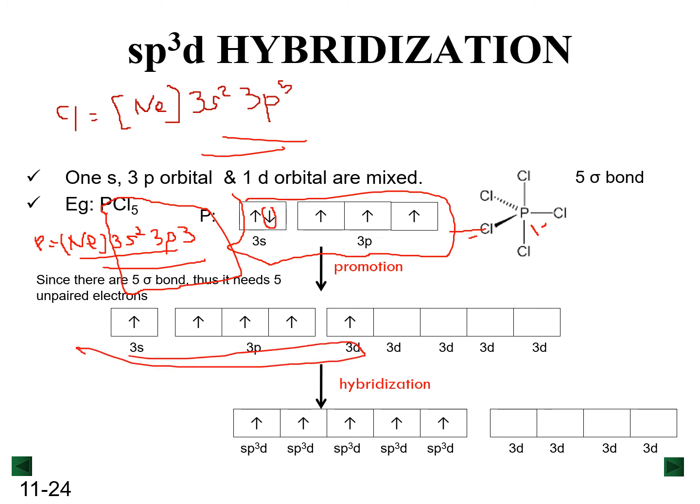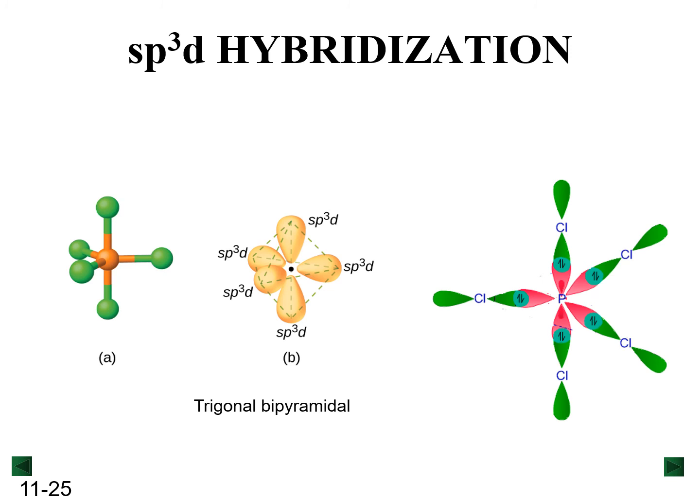Okay, so 1s and 3p and 1d orbital mix to form 5sp3d orbital that has 5 unpaired electrons, and this will be used to form bonding with Cl. 1s orbital mixed with 3p orbital and 1d orbital forming 5sp3d orbital, and the orientation for sp3d orbital is trigonal bipyramidal. As we can see here, the 5sp3d orbital of phosphorus overlap with 3p orbital of chlorine,